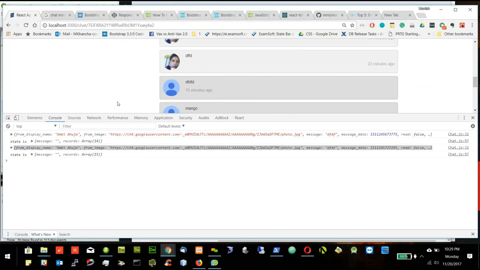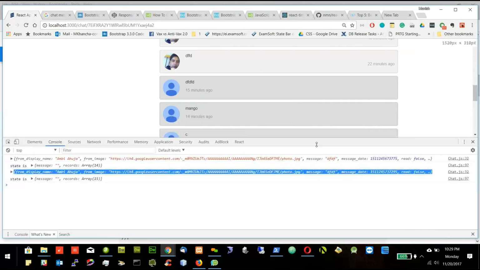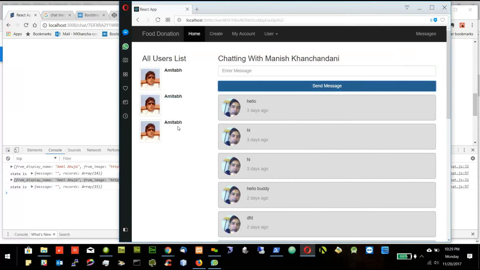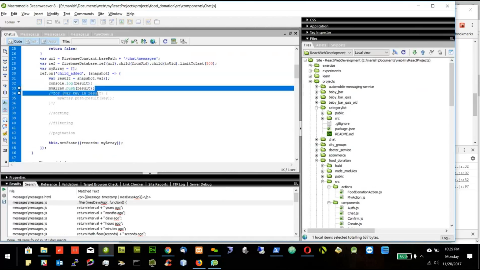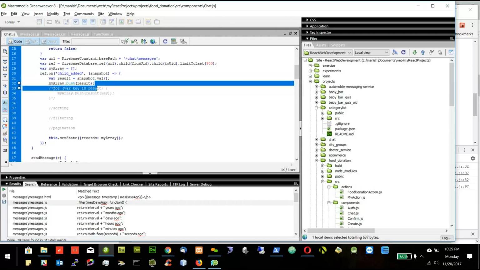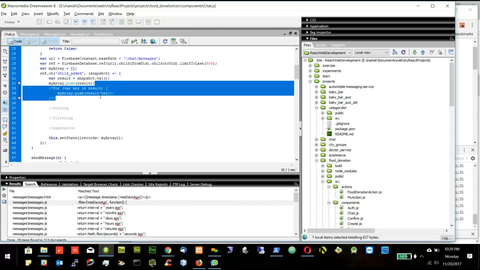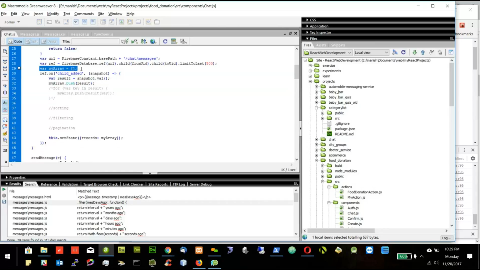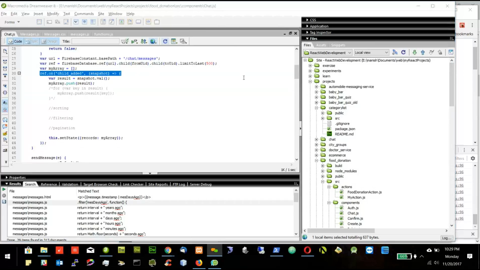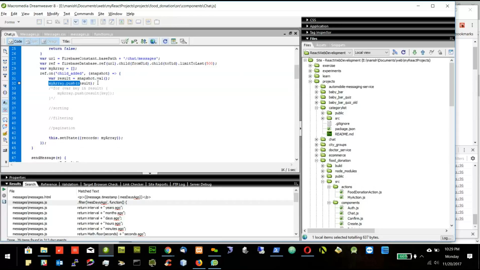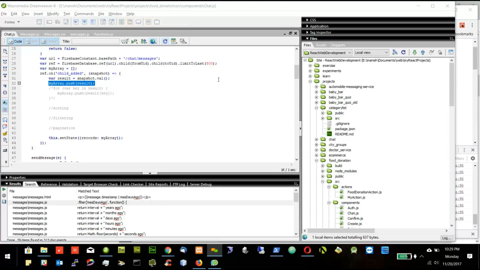Okay, so let's try to now sort it. Before sorting, try to change this part. I will keep this in a comment, because sometimes if we want to go back to the previous version of value, we can go back. So I will keep it in a comment, but you try to change this: keep my array out of this for loop, and put it here. So tomorrow what we will do, we will let's